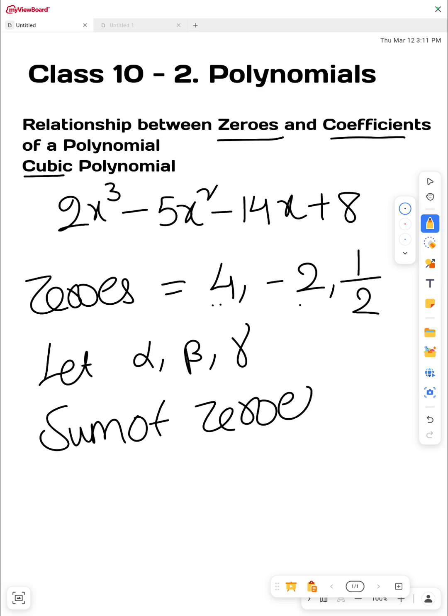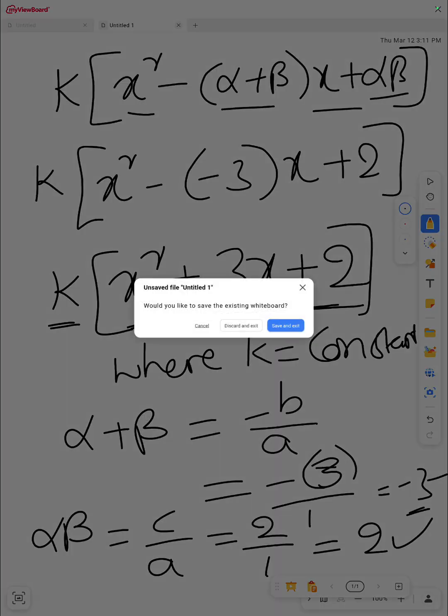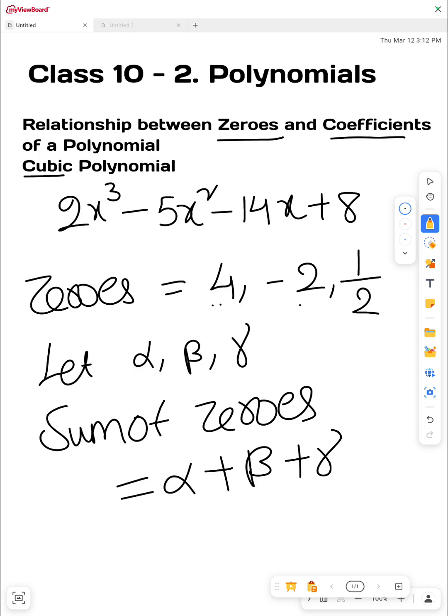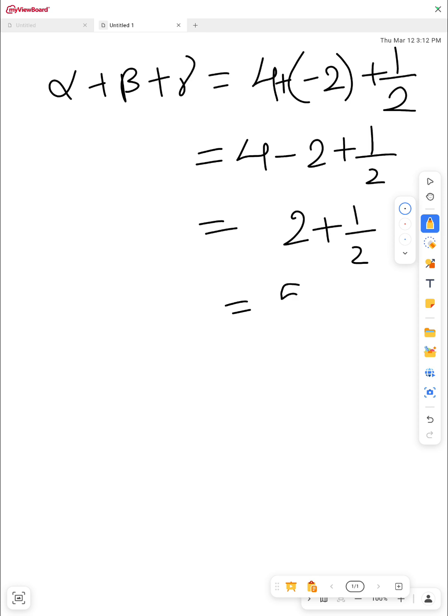Sum of zeros is equal to alpha plus beta plus gamma, which is 4 plus minus 2 plus 1 by 2. We need to add these 3 zeros, which means the sum of the zeros. 4 minus 2 plus 1 by 2, it is 2 plus 1 by 2, which is 5 by 2. And how can we write it? We can write it as minus of minus 5 by 2, which is nothing but,